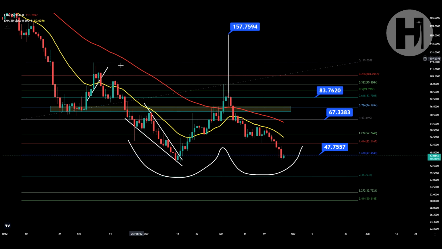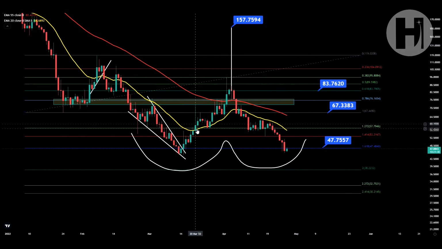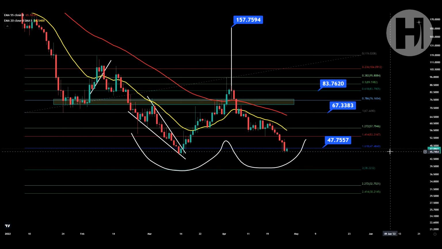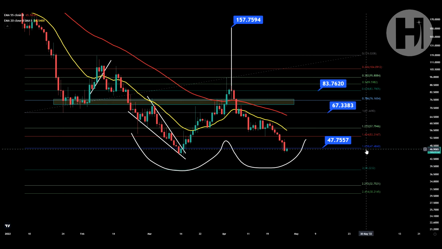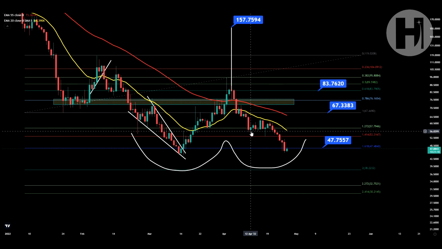Now we are on the daily chart. This is TradingView using the KuCoin chart. So in the last video that I uploaded where we took a look at Moonriver, that was back on April 12th, I think. And I did tell you that we can target the 1.618 over here if we start losing the first fib level. And April 12th, that was over here. And at that point, we were sitting at the 1.272 at $58.